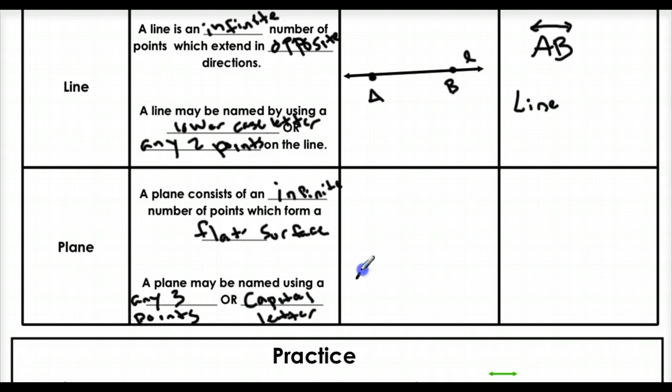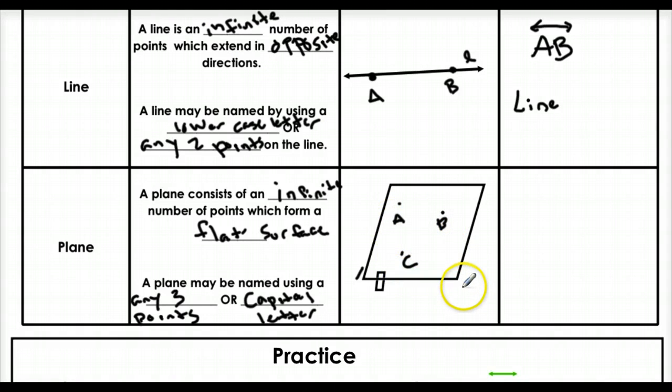So let's draw this, okay? I'm going to use the tool. You guys use your rulers, draw something nice and pretty for me. Let's draw this right there, okay? And we need 3 points, so we can name it. Let's put a point here, a point here, a point here. Let's call it A, B, and C. Remember, our points are capital letters. And we need a capital scripted letter, so let's call this, I'm going to do a nice little fancy K,